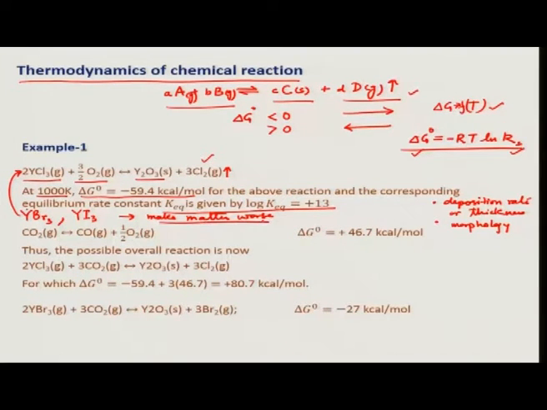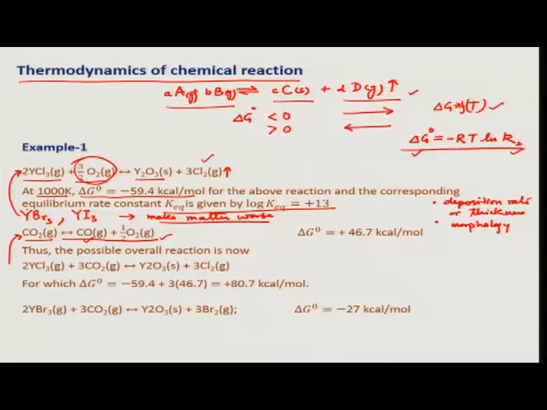They make this reaction rate go even faster. Now, what can be done? We can control this source of oxygen, and how can we do that? We can use another reaction for the supply of oxygen. We can use carbon dioxide gas, and at a temperature around 1000 Kelvin, this will dissociate into carbon monoxide and oxygen.